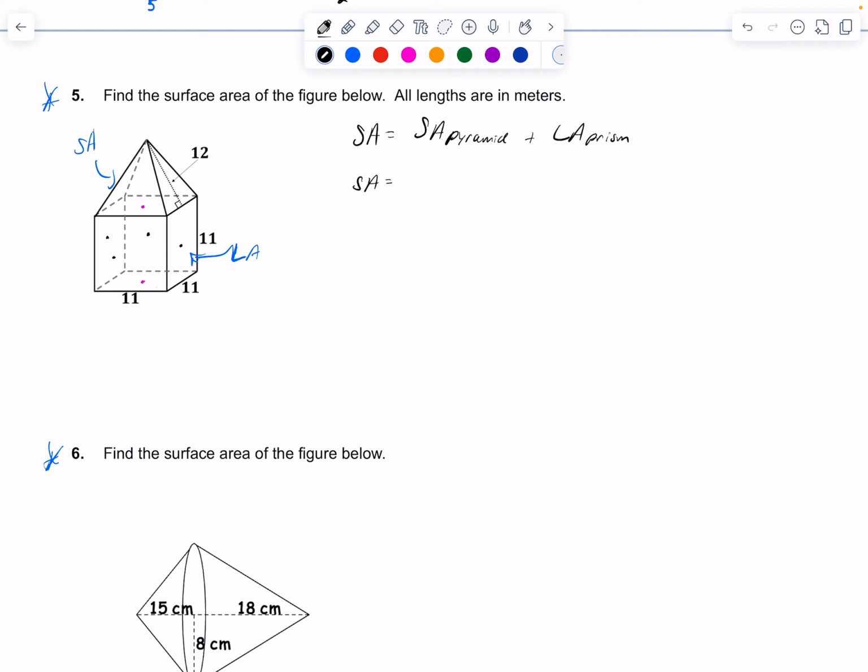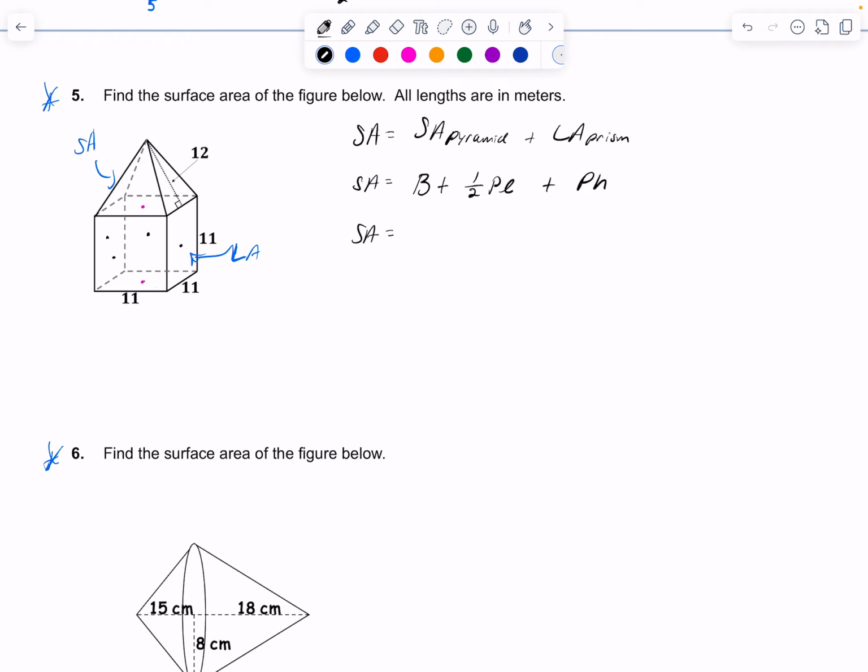Okay, so our formula for the surface area of a pyramid is going to be the area of the base plus 1/2 times the perimeter of the base times the slant height. And the formula for the lateral area of a prism is equal to the perimeter of the base times the height. All right, so plugging in, I'm going to find that the area of the base, look at my pyramid,